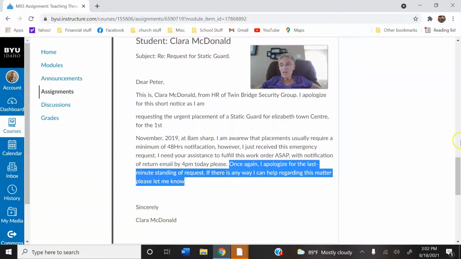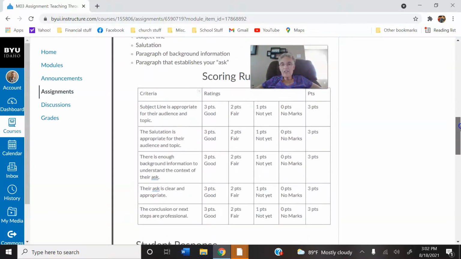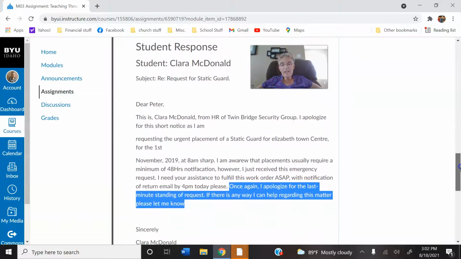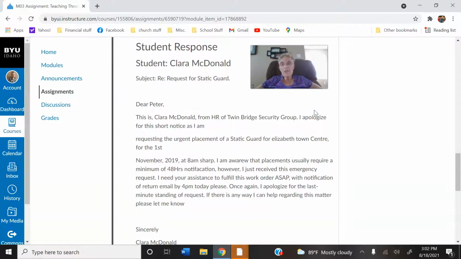So all in all, Clara, you did a great job. And so I would say that with a little bit of cleaning up, because you got a 9 out of 15, which is probably not quite as good as you want it to be, but we can work on it, and you can get it so that it's there because it's got all of the parts. They just need to be cleaned up and made to sound a little bit more professional.